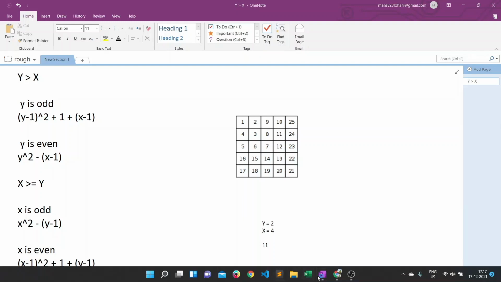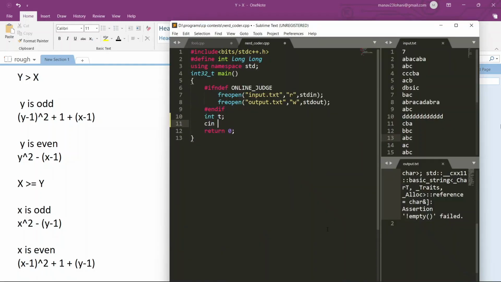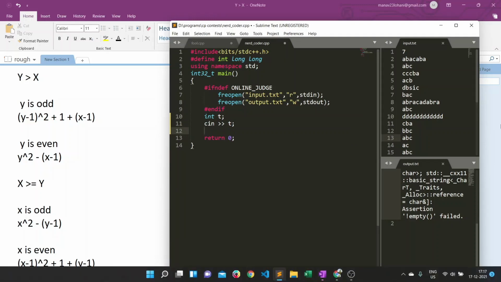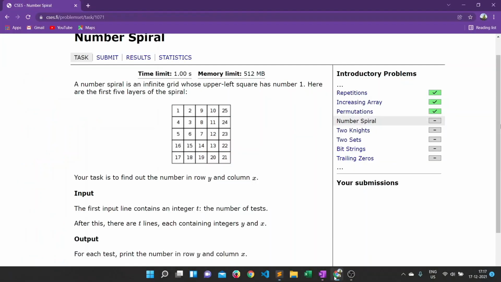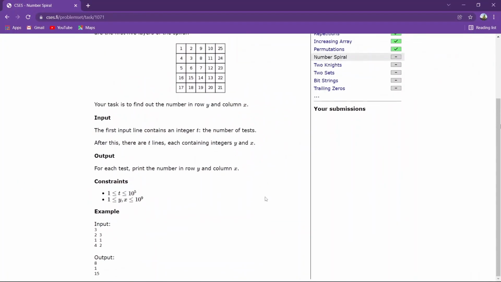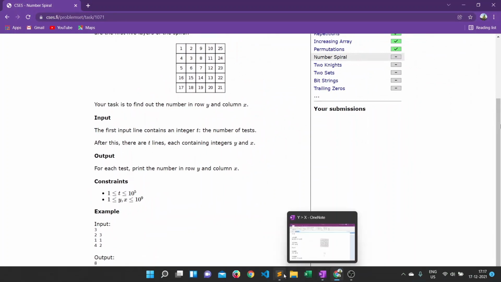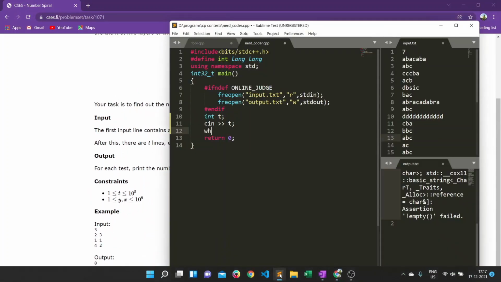Now let's move to the code. You can take the input. Let's move to the window. T test cases, then y and x.